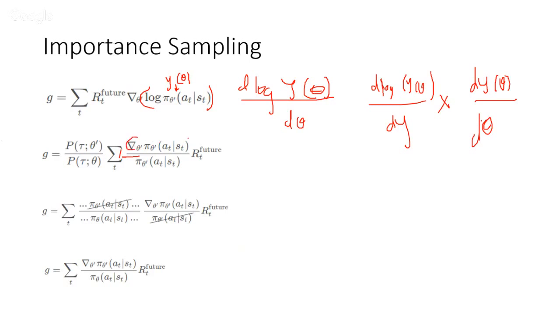This thing represents dy by d theta, the small change in y of theta given a small change in theta, and this is 1 over y of theta. So we get this by a simple chain rule. And then we multiply by the R future and the reweighing factor, of course, because